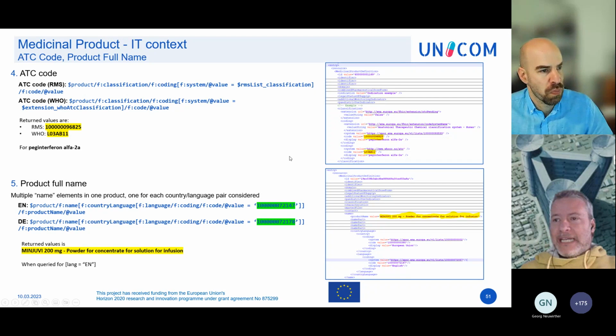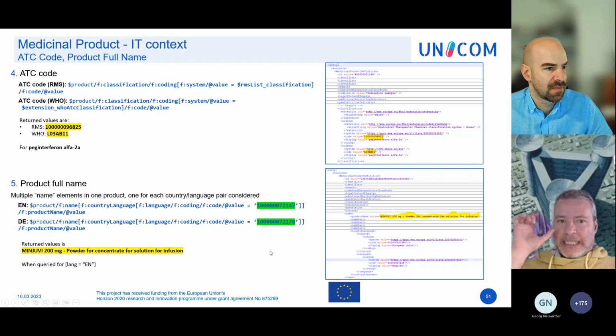In case of name, that is the fifth point of this bunch of roots. As Noel said before, a name is not just simply a string, but is a string contextualized inside the context that has, for example, a language. So you can have multiple names inside the bundle, and each of them associated with a language. In this case, as you can see, the two queries for English and German are the same.